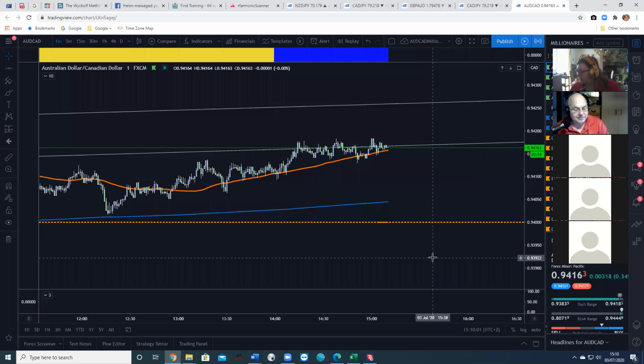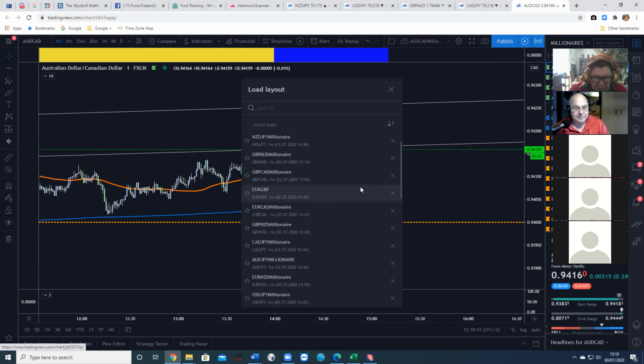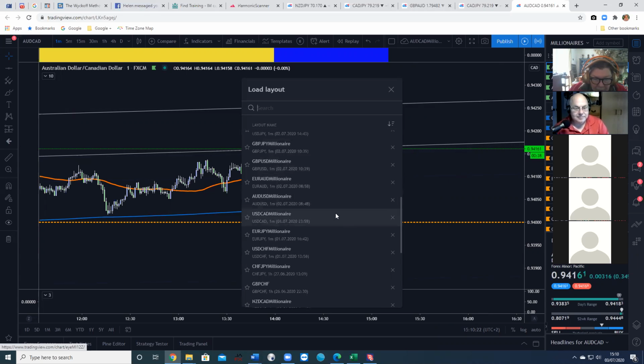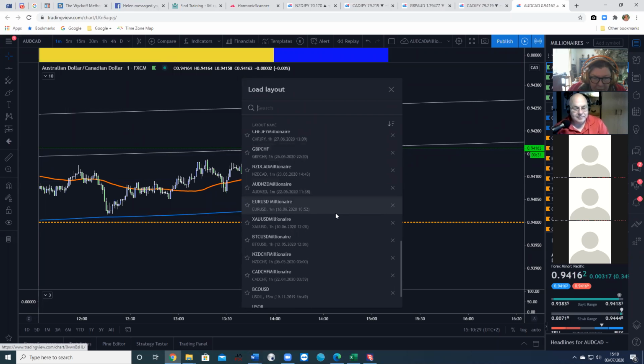Okay. By the sounds of it, they're going to be so slow, it's going to be a bit painful, is it? Well, yes. If I just look at CAD/CHF, I don't even think I've got a scan on that. And then the other thing is, if you've got time to trade London, then that's where you'll get the biggest movement, the biggest session anyway. So even with the slower pairs, if they are in session, you might be picking a Euro one. EUR/GBP, as Brian knows, is slower, but I do trade that one